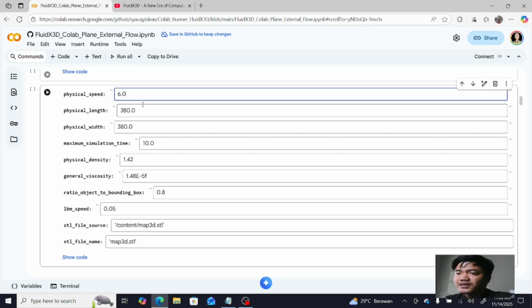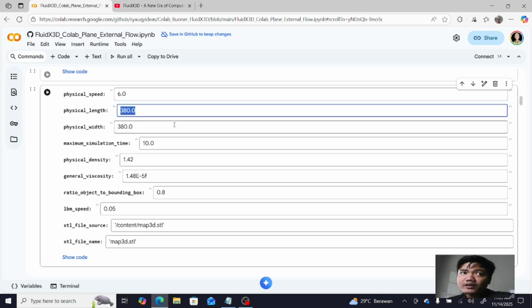The physical speed is in the SI international standard unit, meters per second, and the physical length is the characteristic length of the object, I mean the voxelized object. If you are putting in some plane, say it has 15 meters, just write 15.